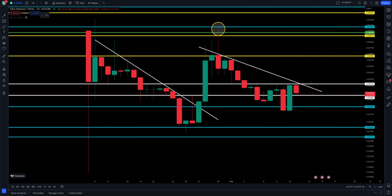All right, you guys have a great Saturday. It is the 11th of February. Keep your eyes out for support for Flare today. For this chart it is the 39.62, this white line on my chart. If this line holds as support, we could be ready for a big breakout to the upside, either on tomorrow's